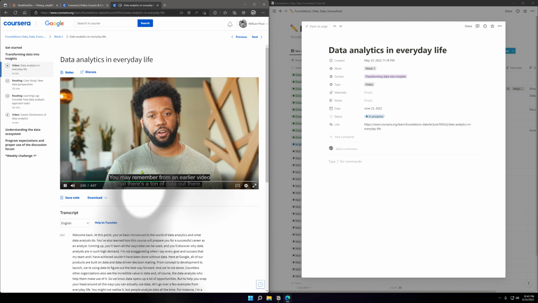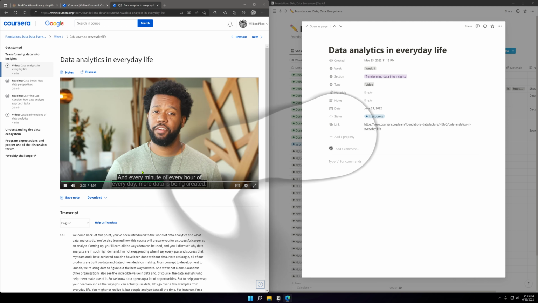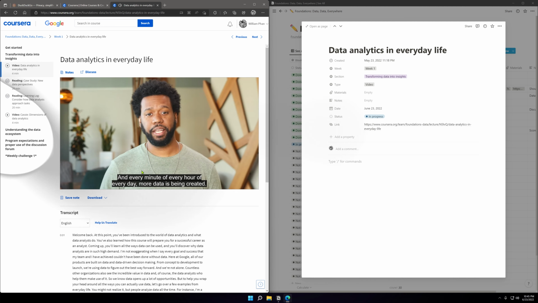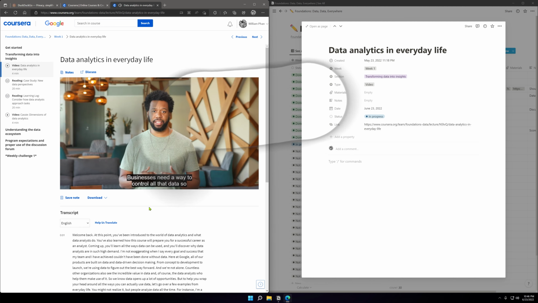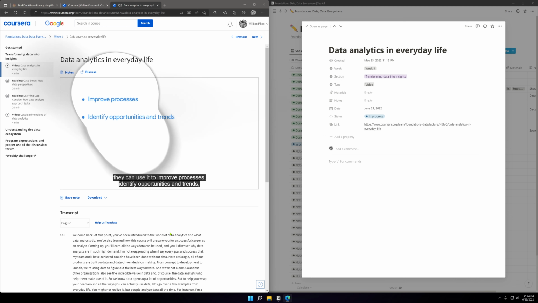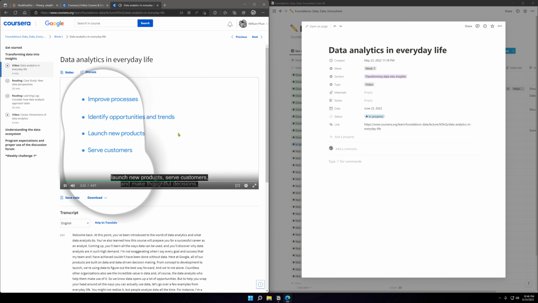You may remember from an earlier video that there's a ton of data out there, and every minute of every hour of every day, more data is being created. Businesses need a way to control all that data so they can use it to improve processes, identify opportunities and trends, launch new products, serve customers, and make thoughtful